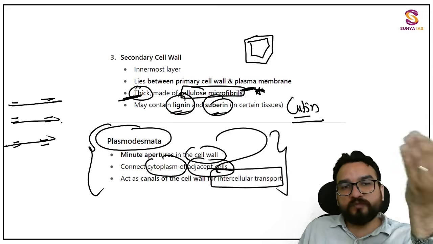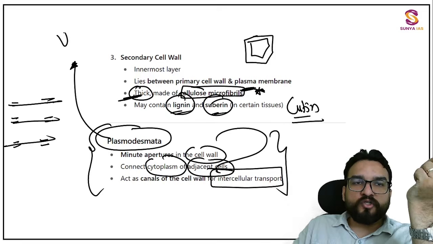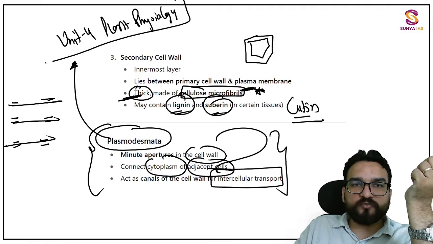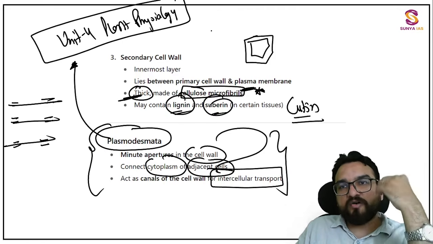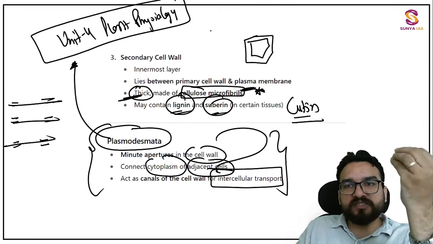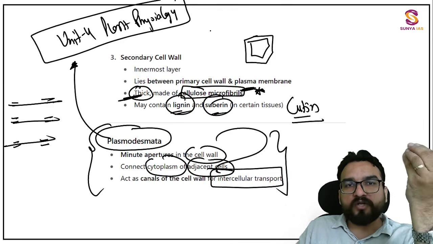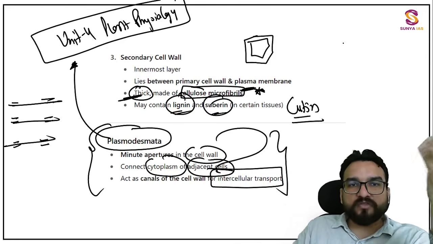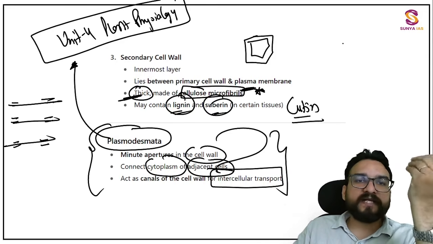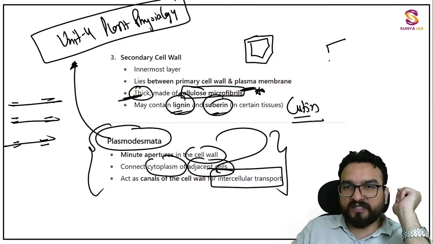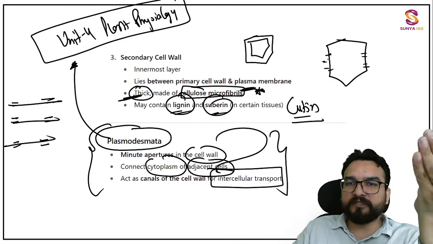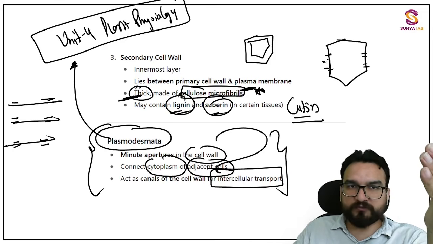More about plasmodesmata I will be telling you in unit 4 plant physiology, when you will be understanding how the active transport and passive transport between the cell happens, how the need for food requirement, oxygen requirement, nutrient requirement, water requirement of a particular cell is being transmitted to other parts of the plant. So this you will be understanding more in a separate class, but try to understand the basic structure, how it is. There also I will tell you again, but soon I will tell you this thing, right?